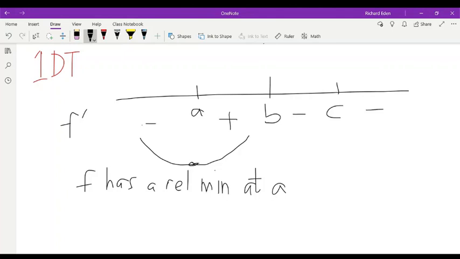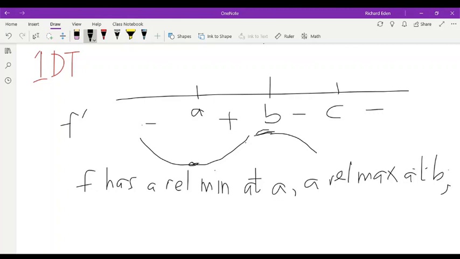Now, before b, the function is increasing, and because of the negative derivative, after b, the function decreases. So it means f has a relative maximum. I realize the usage of a is unfortunate with the article a, but I think you get what I mean. A relative maximum at b,